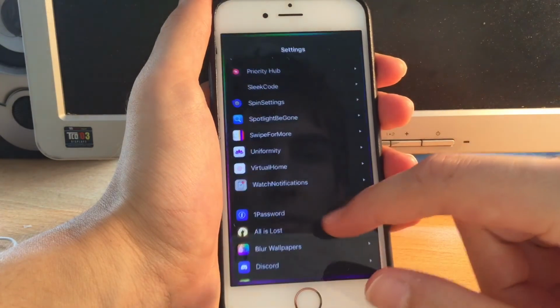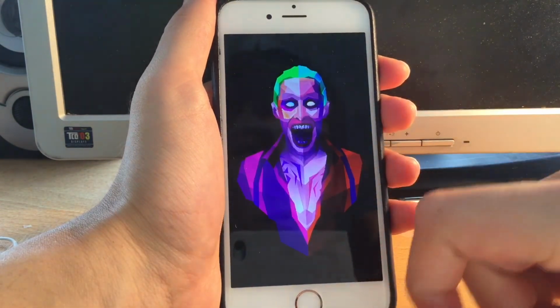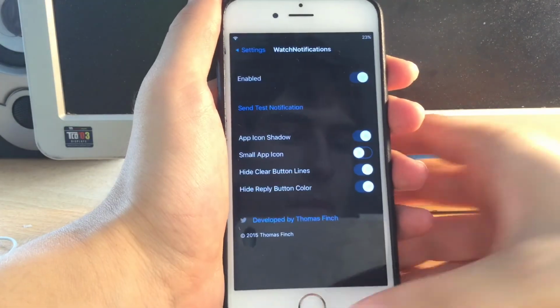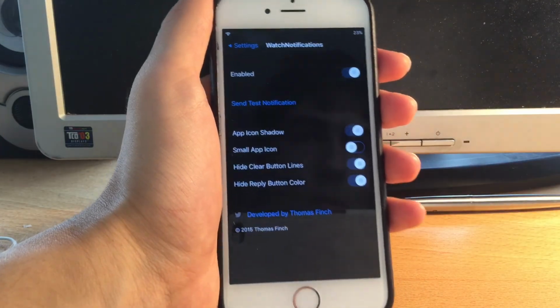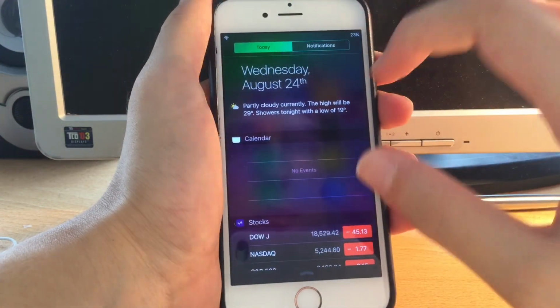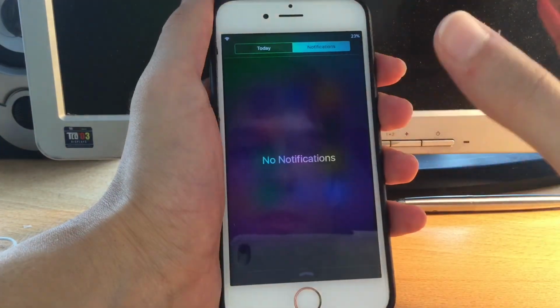And just a demonstration here. There it is, once again. And then last of all, we have 3D Touch to clear all notifications. As its name suggests, you just 3D touch and clear all notifications.